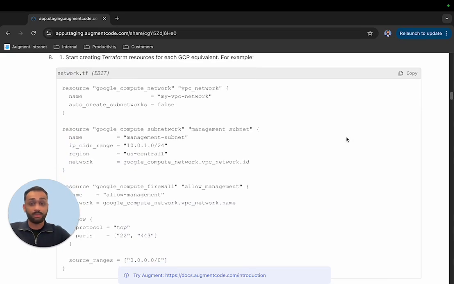I hope this quick demo shows you how powerful Augment can be in reducing times for understanding